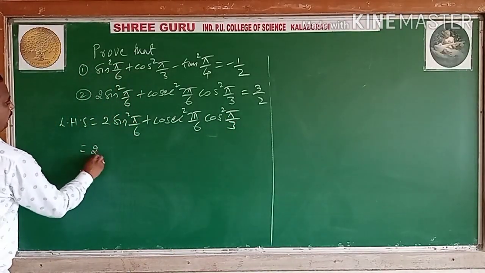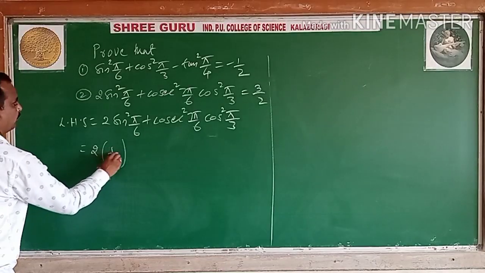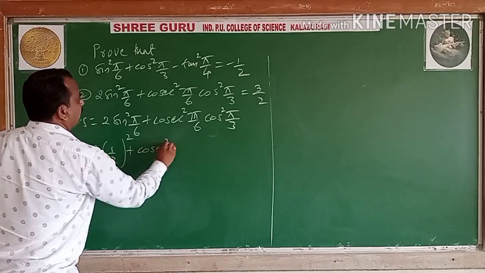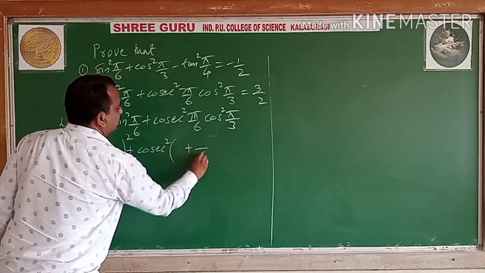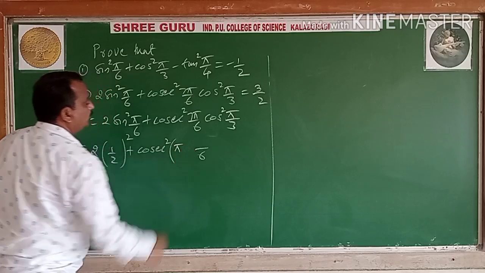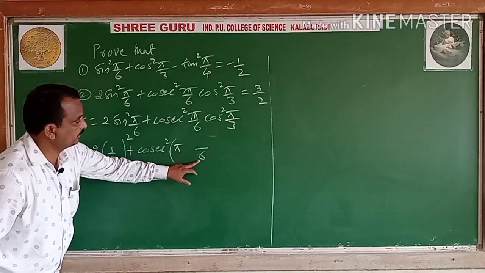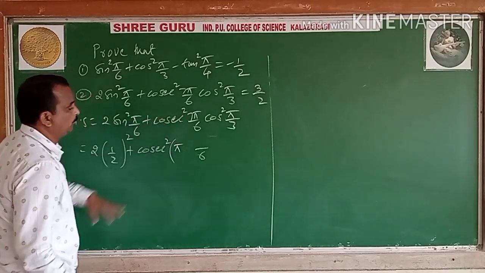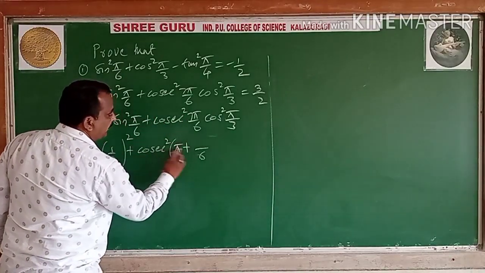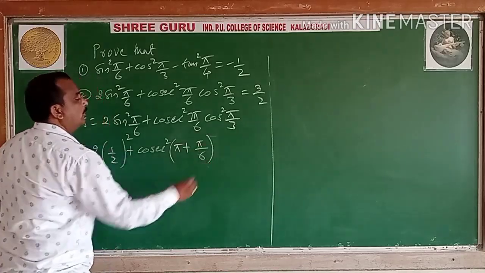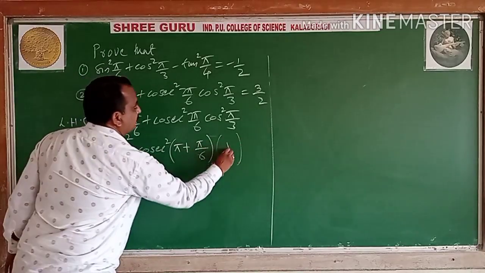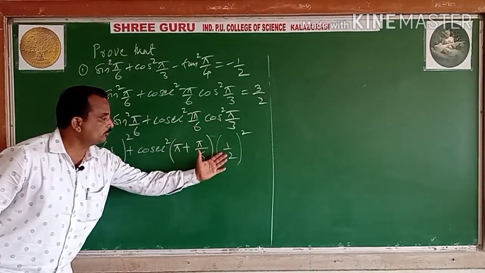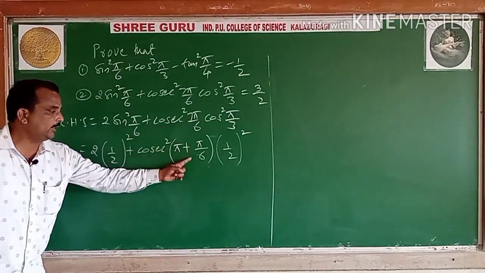So this is 2 times sin pi by 6, sin 30 degree, 1 by 2, square of this one, plus, so this is the allied angle here, cosecant square of 7 pi by 6. Take 6 as the denominator, whatever the denominator is. Here the pi multiplier is 1 pi, only 7 pi, so 6 pi plus 1 pi. What is cos of pi by 3? Cos 60 is 1 by 2, square of that. Whichever standard angle, we directly substitute, and this is the one allied angle we have converted.